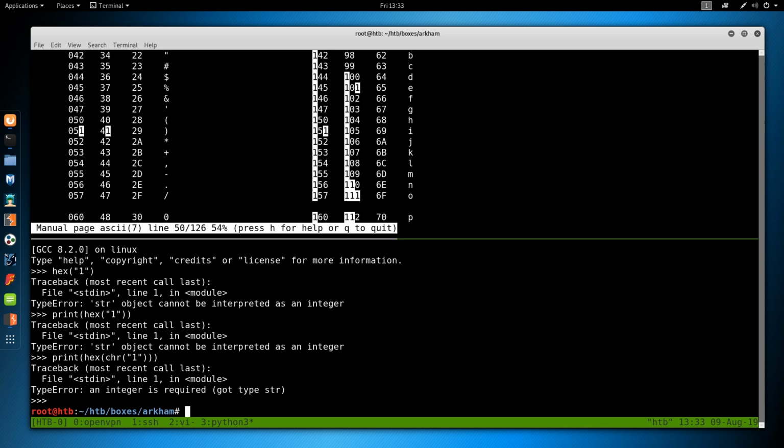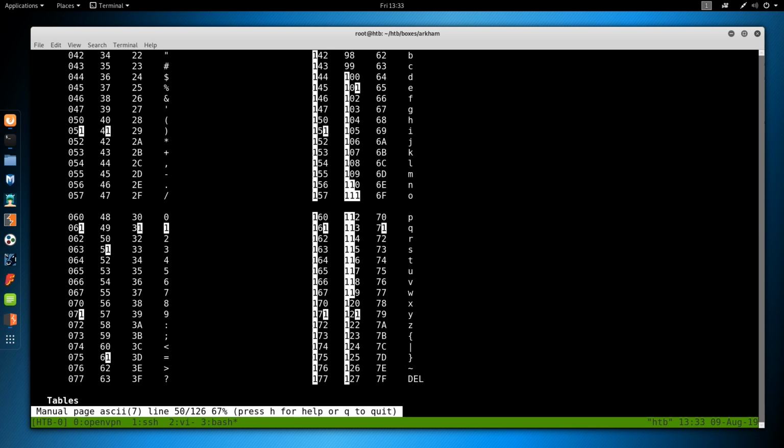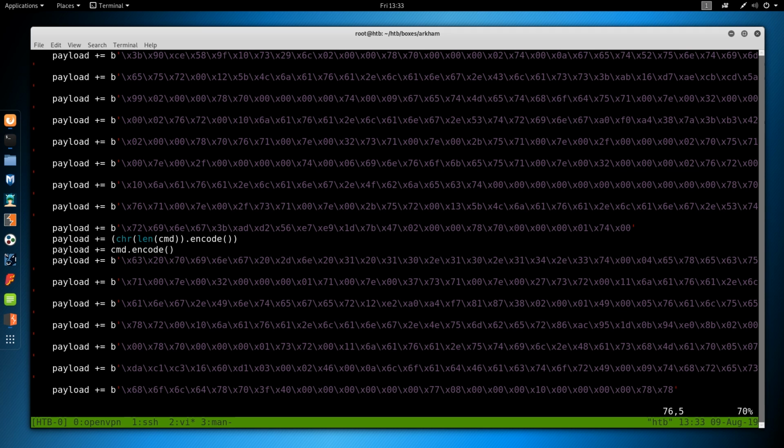Oh, well, that didn't work. Oh, I have it right here, 31. So I want 3130 because that's going to be an IP address. 33 is 3. So we want to search for \x31, \x30. So this is 10. 2E is period, 10, period, 10,